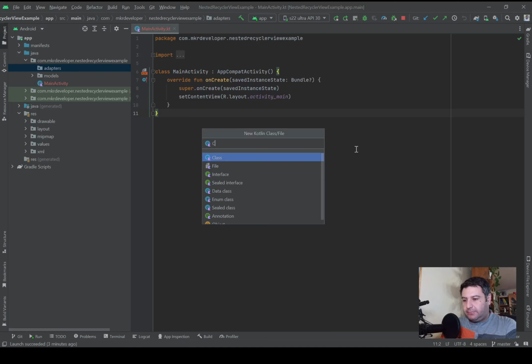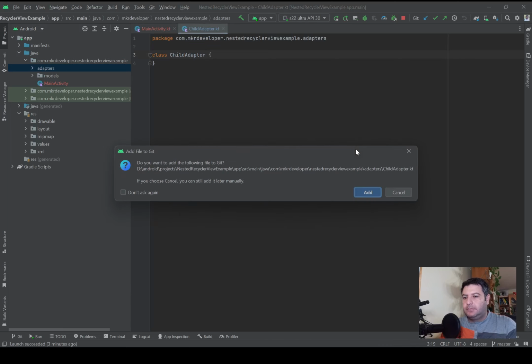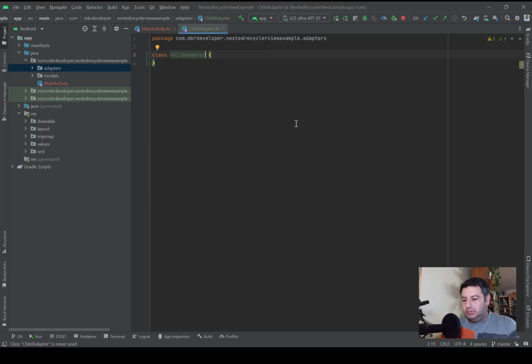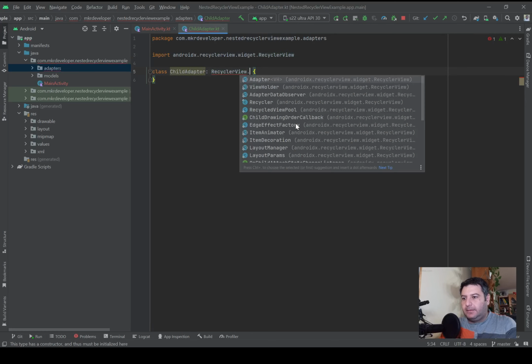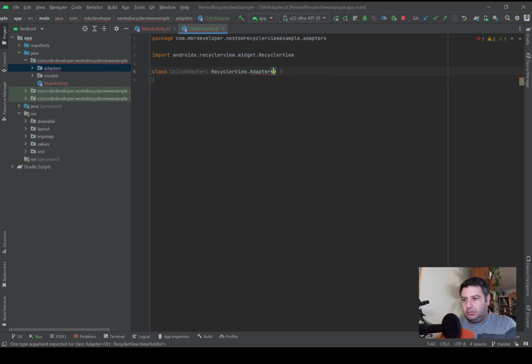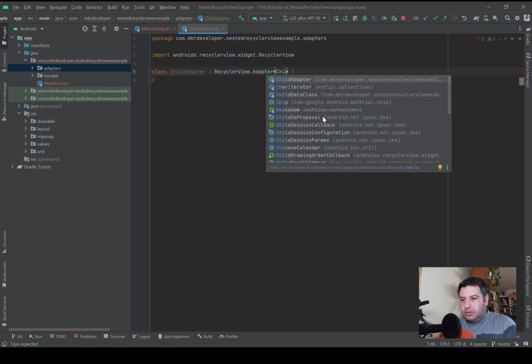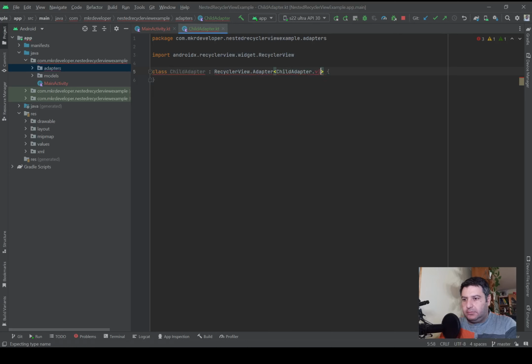First of all, the child adapter, yes, add to git, and here RecyclerView.Adapter and ChildAdapter.ViewHolder will be the view holder of this adapter, and here I'm going to click on it